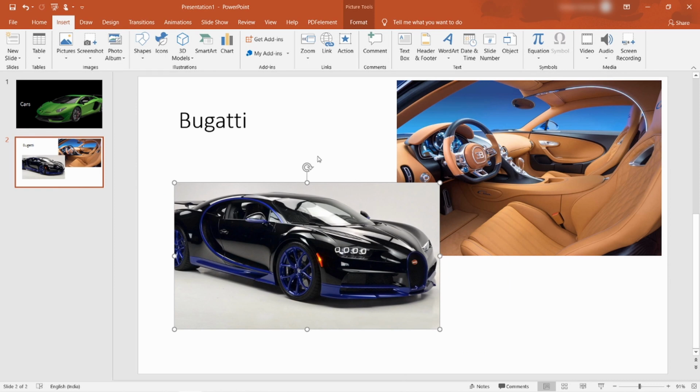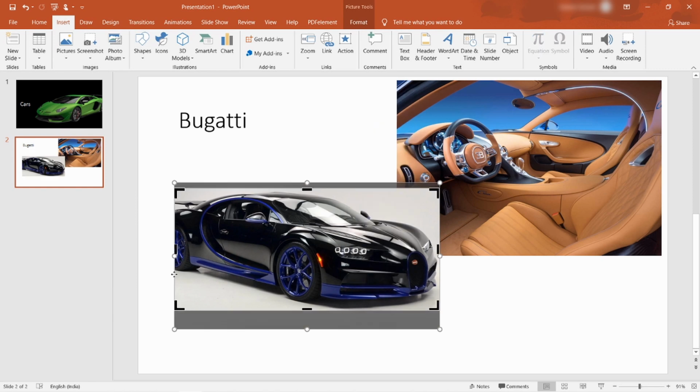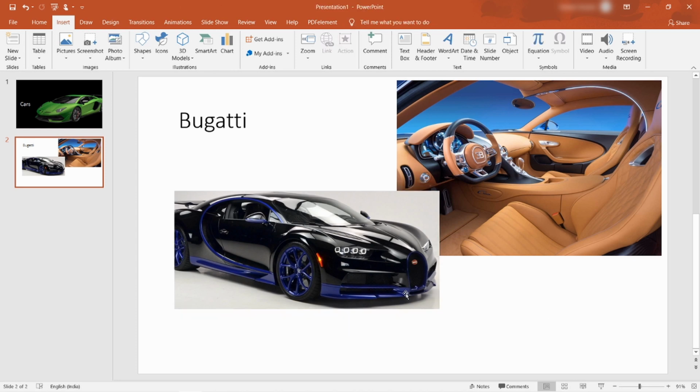So now I'm gonna crop this image. So for cropping, you can just right click and crop. There will be an option at the top or at the bottom. So now I can crop it. There you go. And for finalizing the crop, you can just click outside the borders of the photo. There you go. And I'm gonna talk about photo editing in the upcoming videos. It will be related to GIMP and Paint 3D.